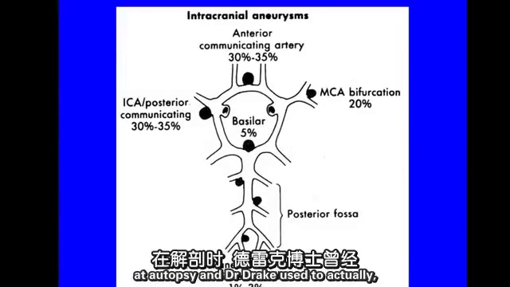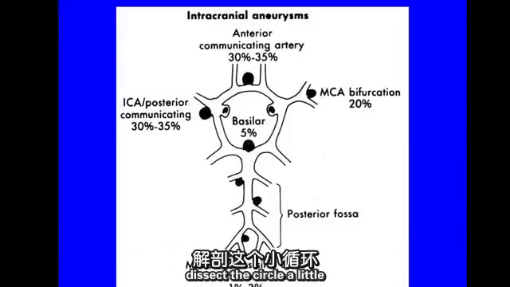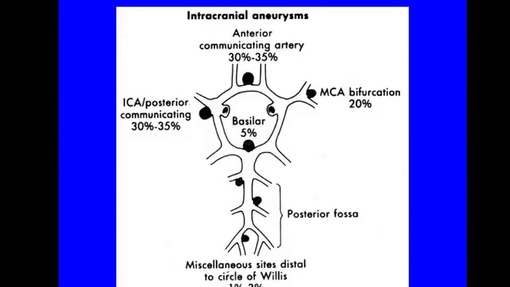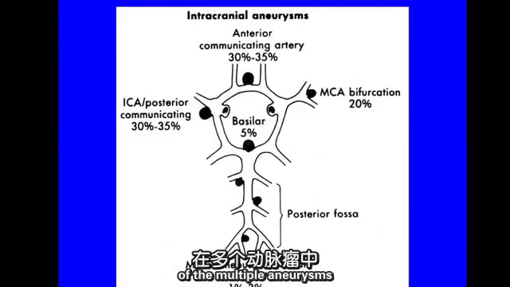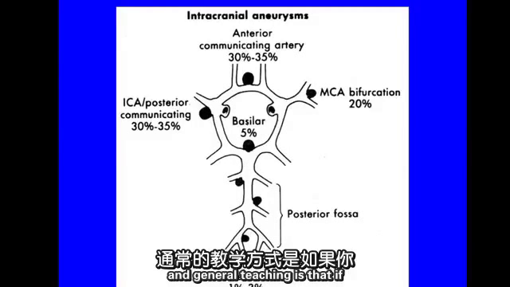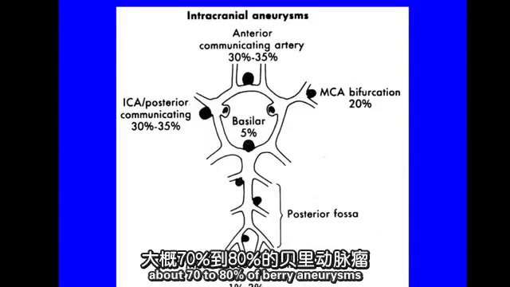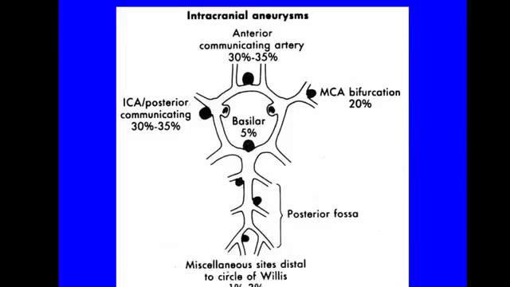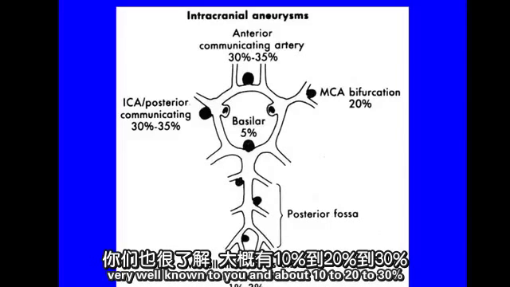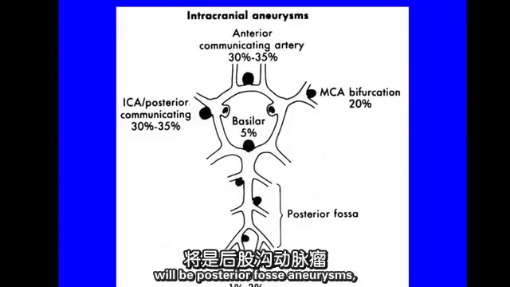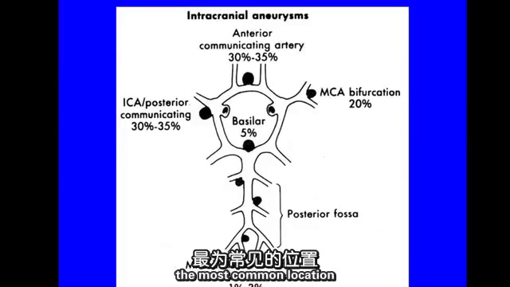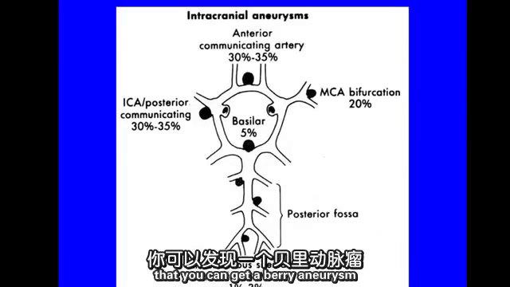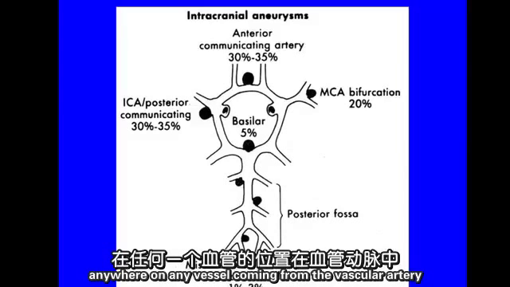And Dr. Drake was fantastic. He used to come down and help us dissect the circle of Willis to visualize the single aneurysm or the multiple aneurysms. But the general teaching is that if you draw a line through the posterior communicating artery, about 70 to 80% of berry aneurysms will be on the anterior circulation in these areas that are well known to you, and about 10 to 20 to 30% will be posterior fossa aneurysms, the most common location being the basilar tip,